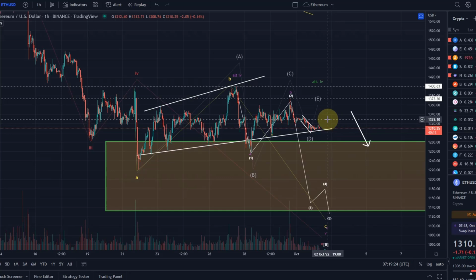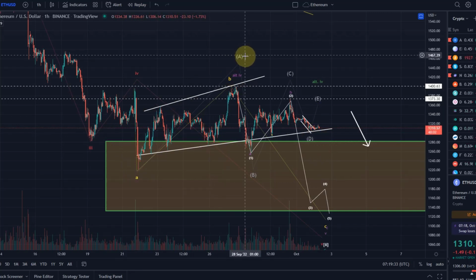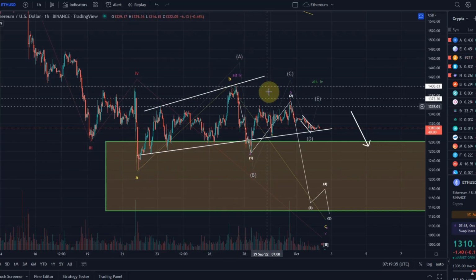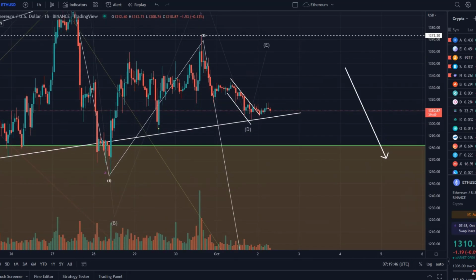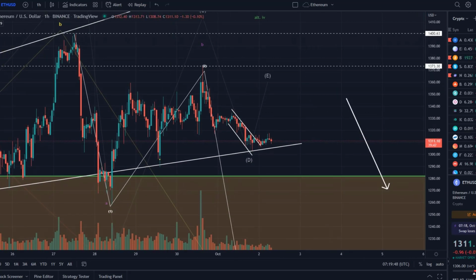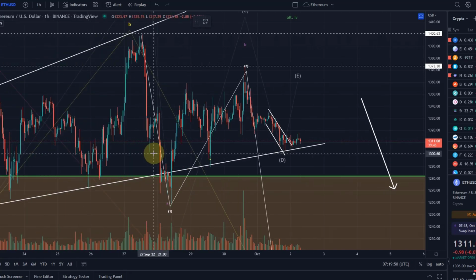I think the first indication that we are coming down would be a break below that wave D low. If this really is a triangle in gray here, that is one possible count, A, B, C, D, and now we should see a wave E to the upside. That wave E can be quite short. If I count it like that and say the wave D might already be done,